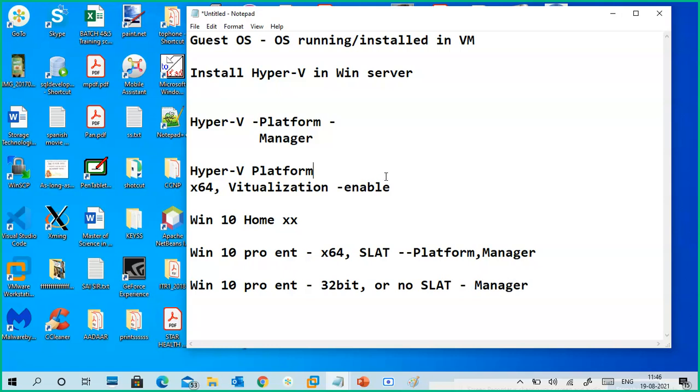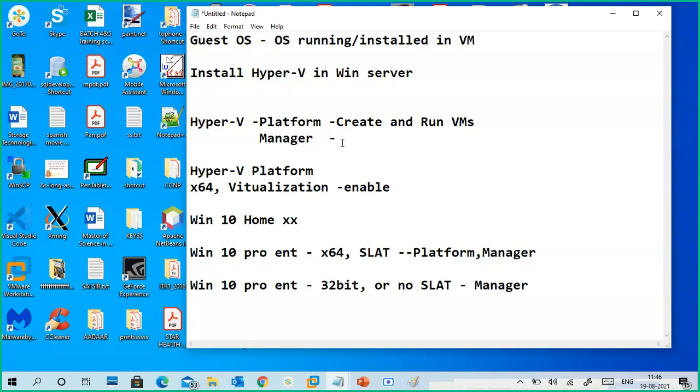Okay. So I will tell you what this platform is. The platform gives you the ability to create and run virtual machines in your PC, in the same PC. Run VMs. That's enough.